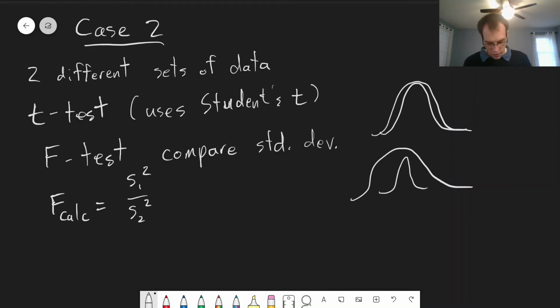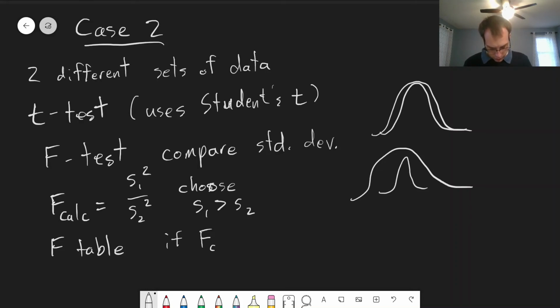And the convention is that for our two sets of data, we choose s1 to be the larger standard deviation, so that you always get a number bigger than 1. Okay, and then we compare this to an f table. Similar to our Student's t table, we have a table of f values that will depend on different degrees of freedom. Okay, so if f calculated is greater than f table,